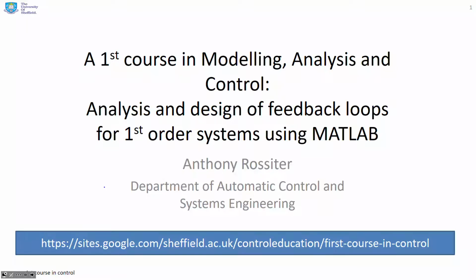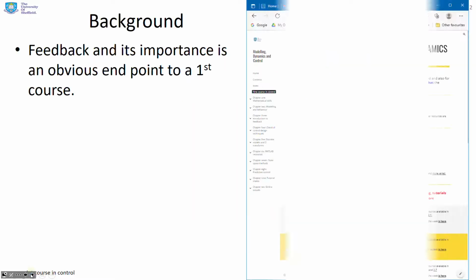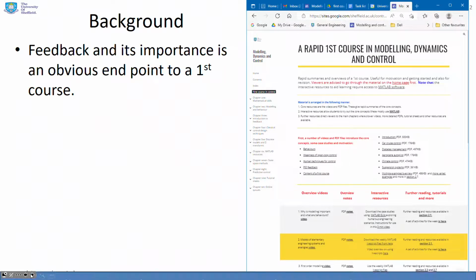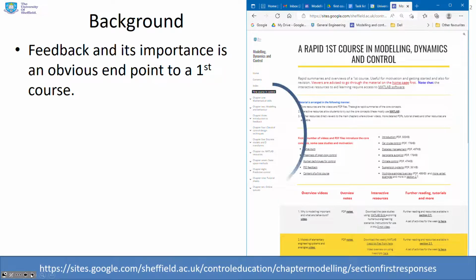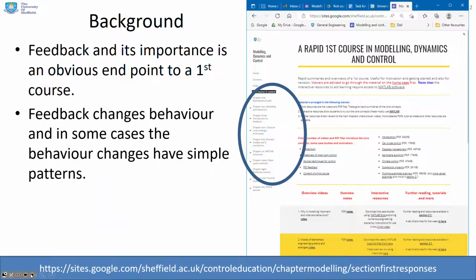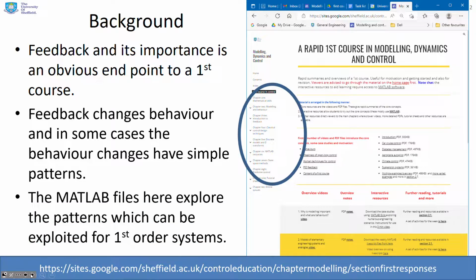This video looks at some MATLAB files which focus very specifically on the analysis and design of feedback loops for first-order systems. We've agreed that feedback is important and an obvious endpoint to a first course in control. And feedback changes behaviour, and we want to understand those behaviour changes and whether there are patterns. It so happens that there are clear patterns with first-order systems, so here we're going to look at MATLAB files